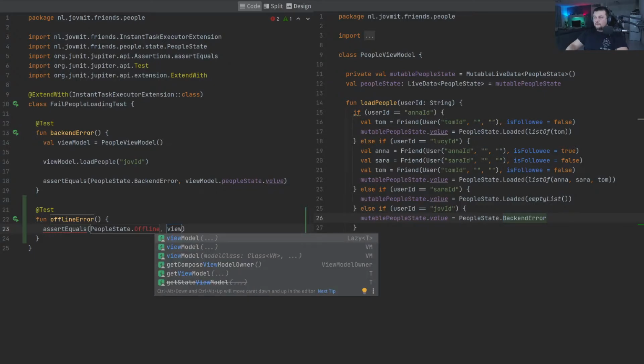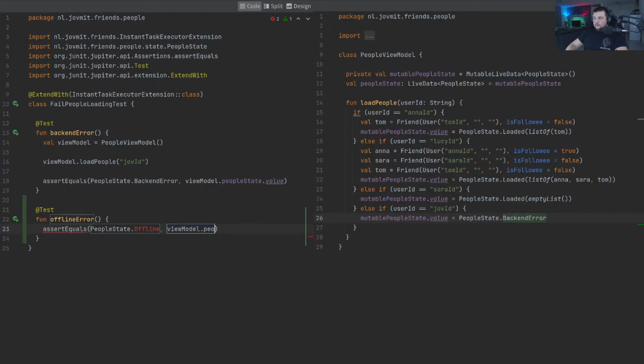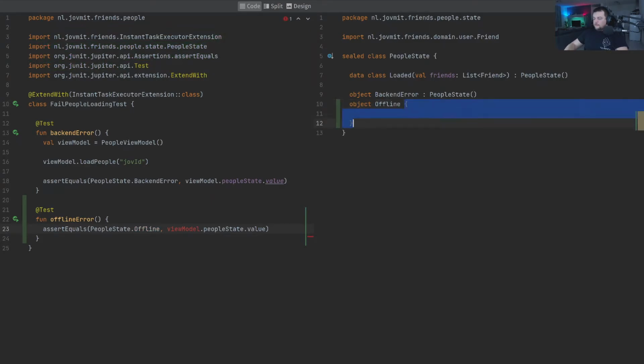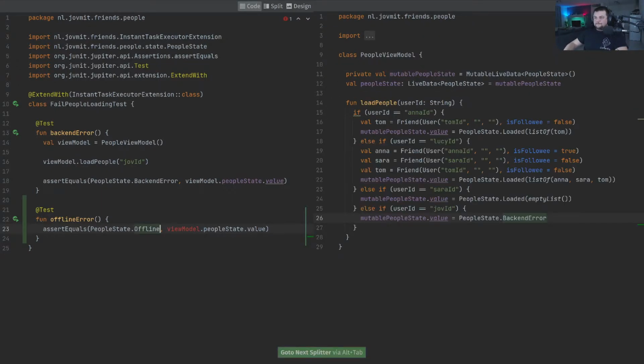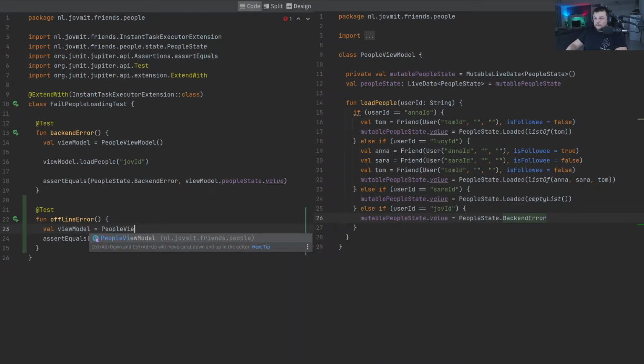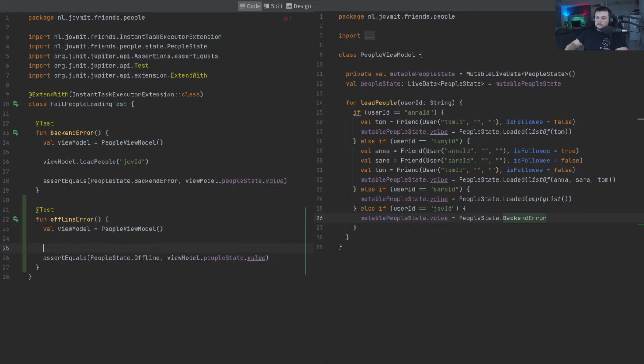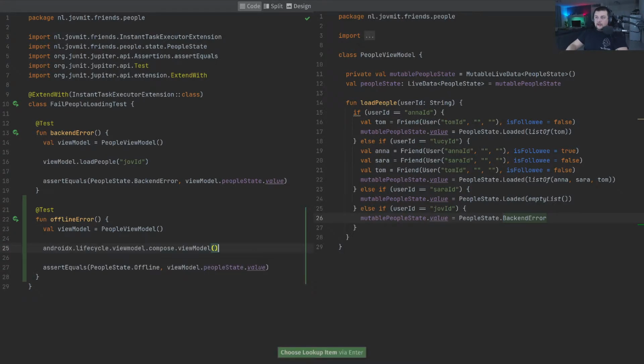That's going to be my view model, people state value. And let's create this again the same way, the same approach, just add another object into the sealed class. Instantiate the view model and then do the action. Now I have to think